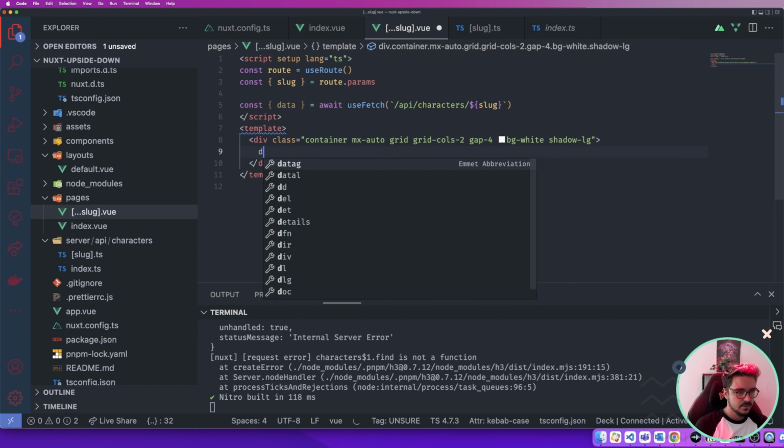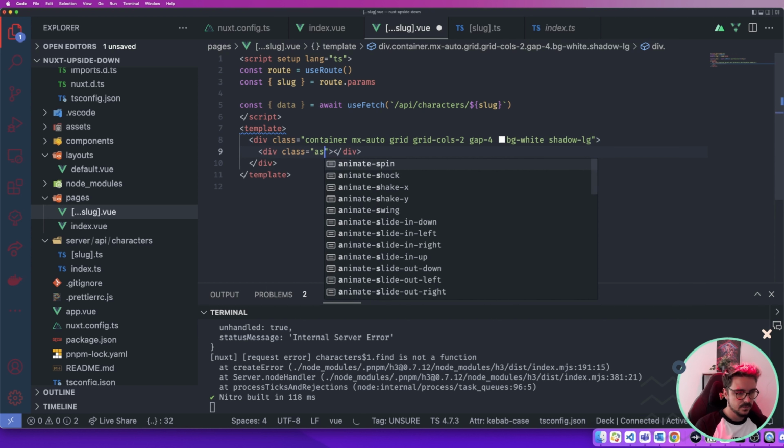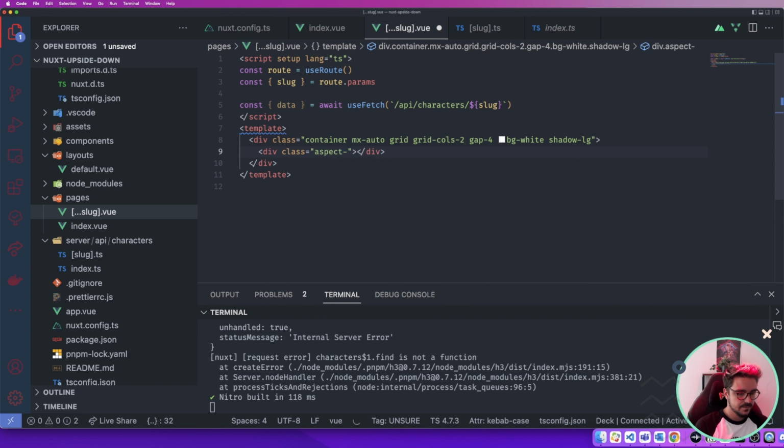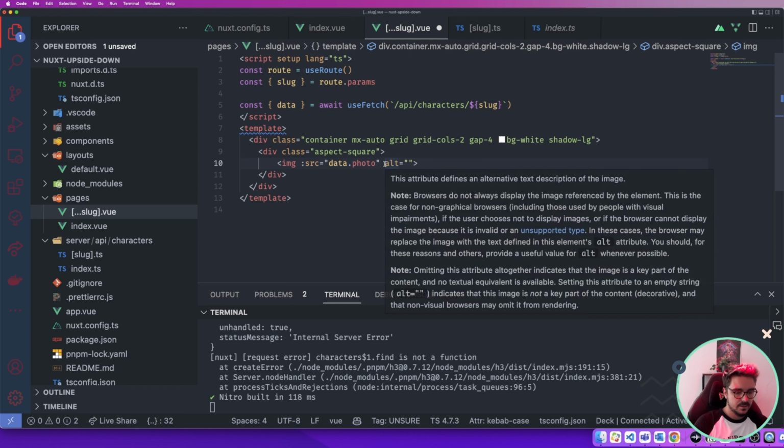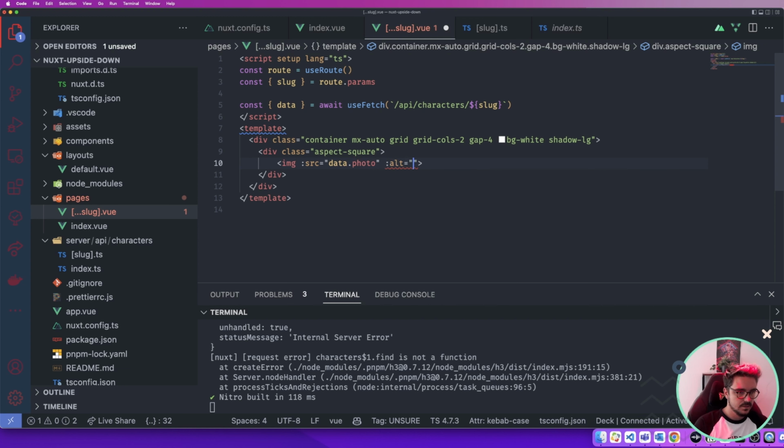And in one of the columns, we're gonna set a class aspect ratio square for the image. So the source of the image is gonna be the data, the photo maybe, and the alt is gonna be data.name again. And in the other side, let's put